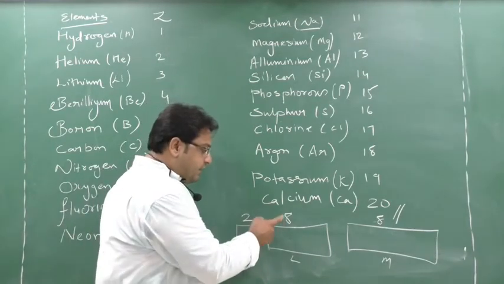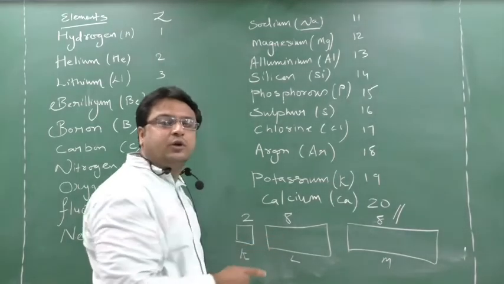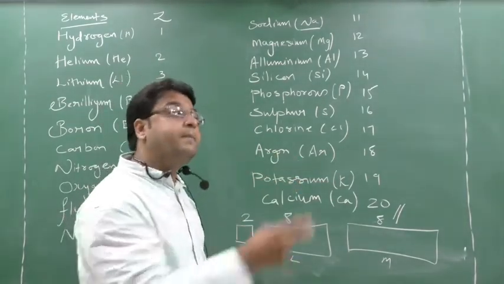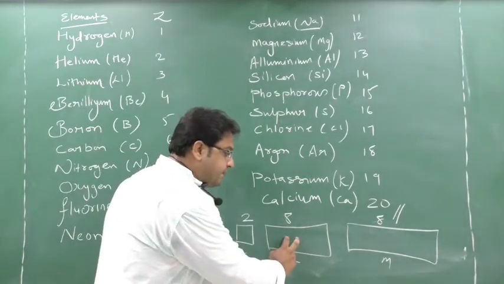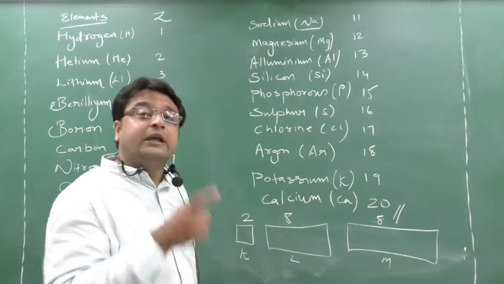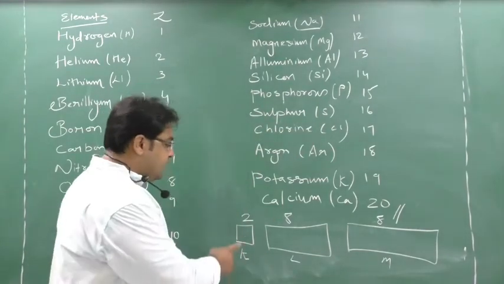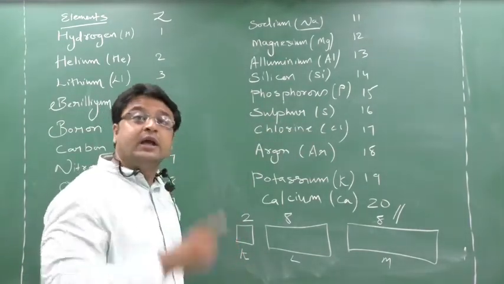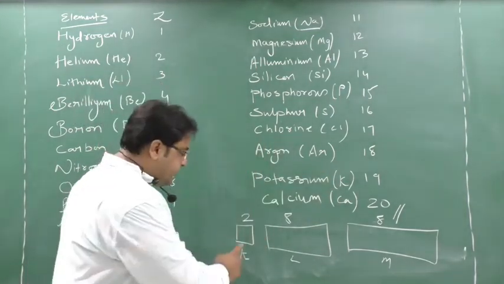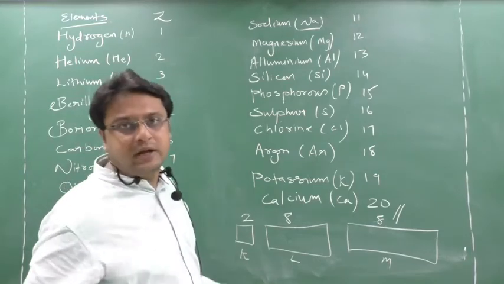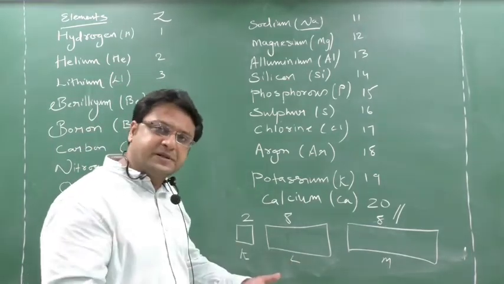Here, 8 means he should give the room to 8 persons only. If 6 are coming, he will tell those 6 persons, bring 2 more, else I will not give the room. Understanding? If 7 persons are coming, he will tell them, bring 1 more, else I will not give. Clear? Similarly, if 1 person is coming, he will tell them, bring 1 more, else you go. If 2 persons are coming in the first room, he is ready to give. Similarly, if 8 are coming, he will give to 8 persons, he is ready.